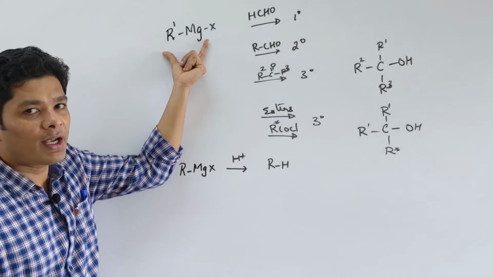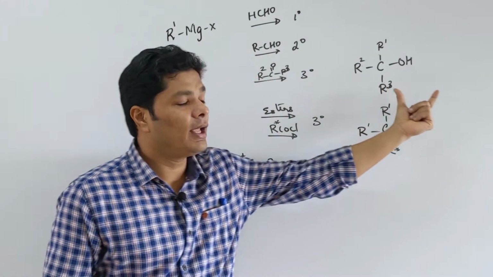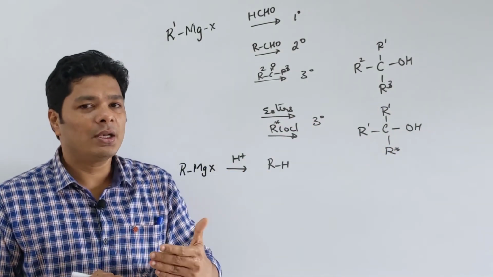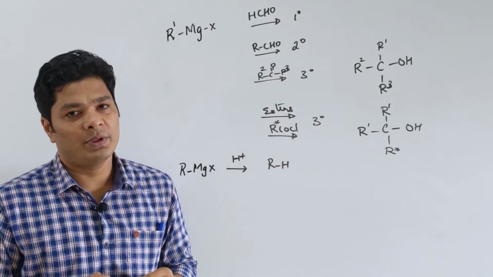If you don't have a lot of Grignard's reagent, then I don't have a lot of Grignard's reagent left over to give you the corresponding alkane. This is something usually asked in AIIMS; in NEET and JEE they don't really ask you this, but you do want to remember this.